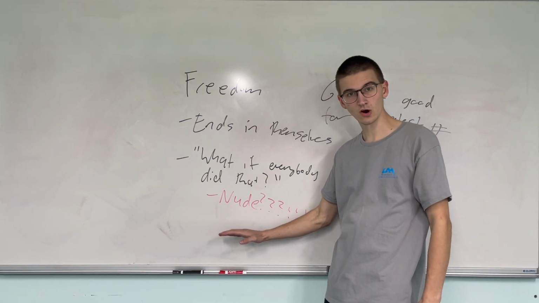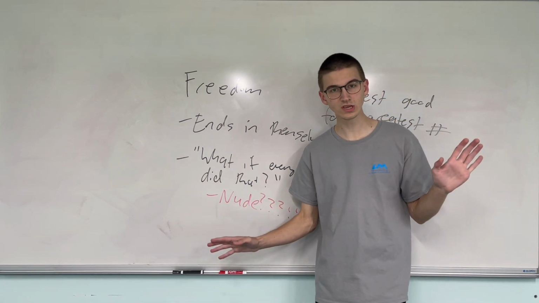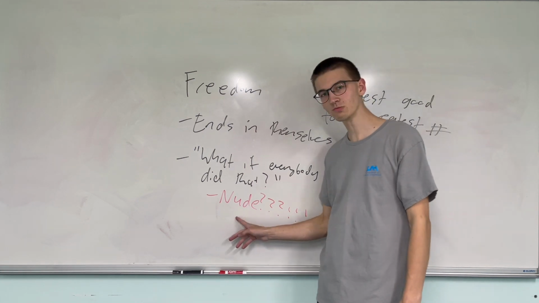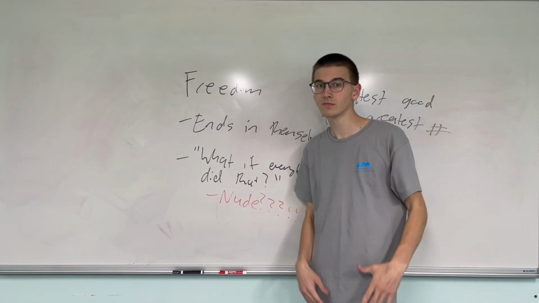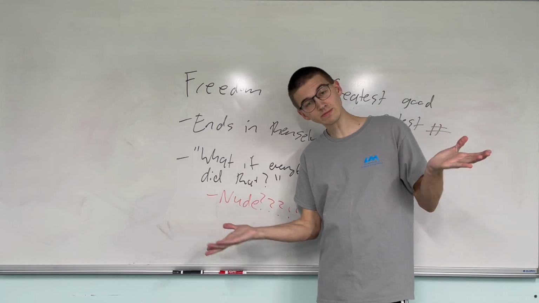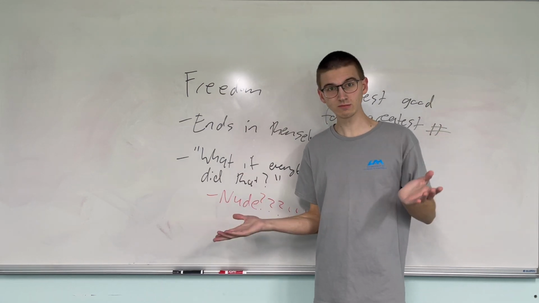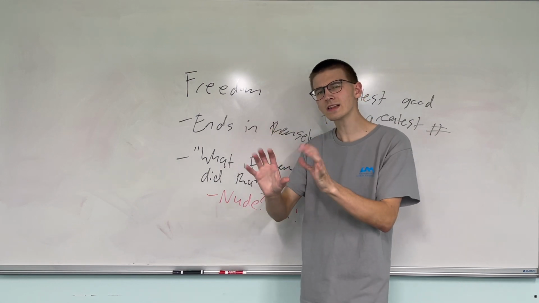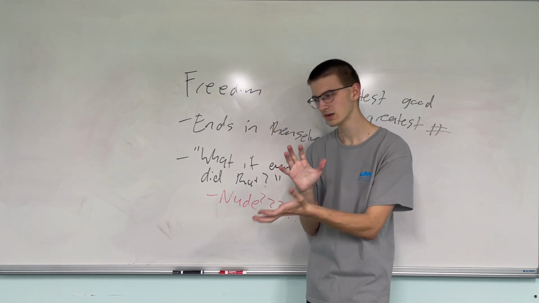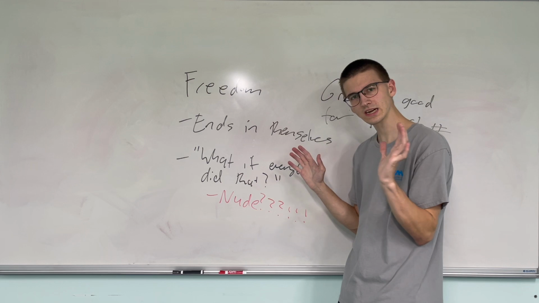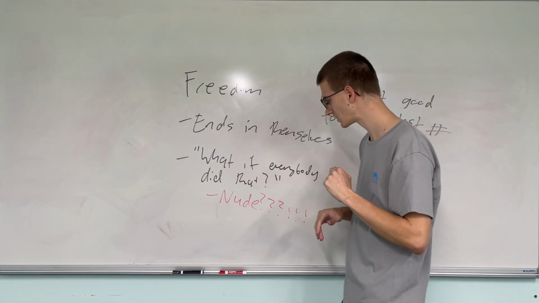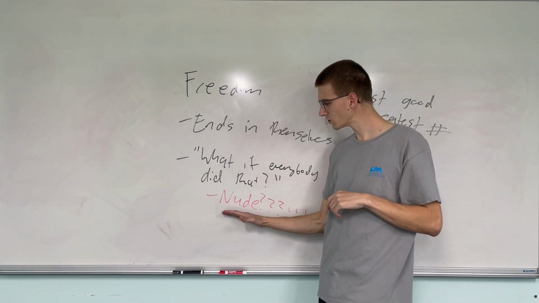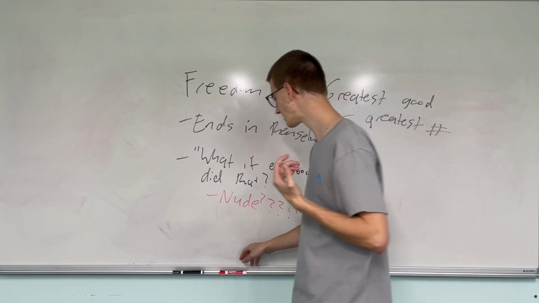So Kant would say, no, we can't let anyone go around nude, because if everyone was nude, it would be chaos. And the question we can ask is, would it? How do we know? It seems like we're basing this off of some assumptions, and maybe they're good or bad assumptions. But it starts to get a little gray here when we consider, can we really abstract ourselves like this from the universe?